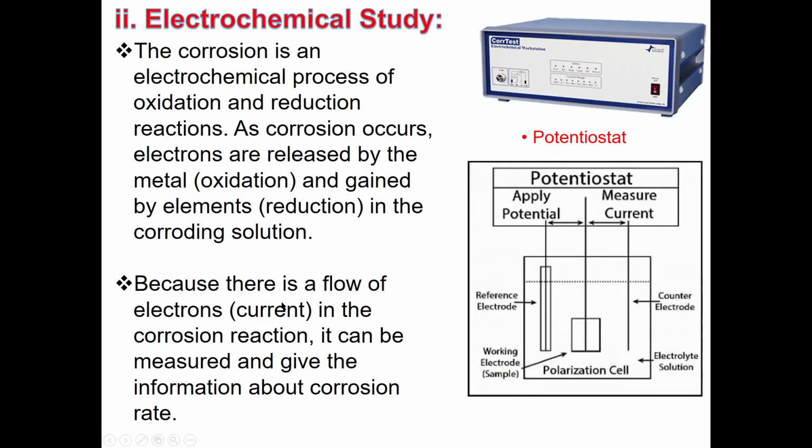In the electrochemical study, we also did that to confirm the phenomena and the potential of the corrosion inhibitor. In corrosion, we know that it is an electrochemical process of oxidation and reduction. What will happen during the corrosion? The electrons are released by the metal and then gained by the elements in the corroding solution. So there is a flow of current which we can measure, and from that we can find out the corrosion